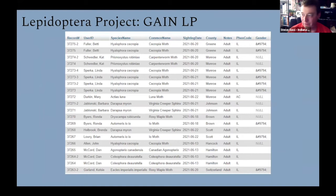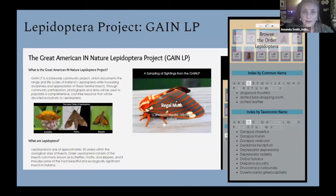And this is a screenshot of the database. You notice the numbers over on the right-hand column. Those are the actual numbers that we have in the database. I don't know if this is the very bottom of the database. It's probably pretty close, but we're over 37,000 individual sightings now, right? Yes. And as of today, we have cataloged